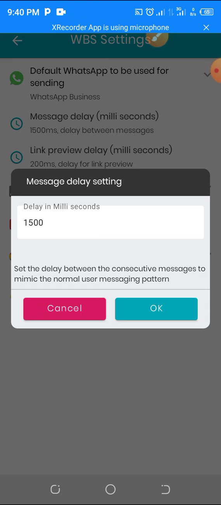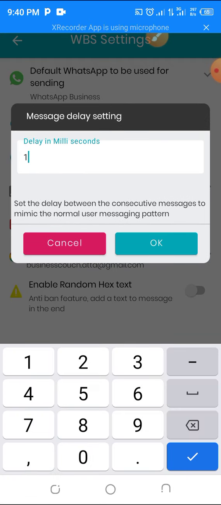I got banned on WhatsApp two times, and now I know all the strategies to unban my number. I'll be showing you that as well. But this will not let them block your number. But by mistake, if your number gets banned, I'll show you how to get it unbanned in less than 2 hours. Okay, so I mostly set my WhatsApp delay to 1,800 milliseconds,